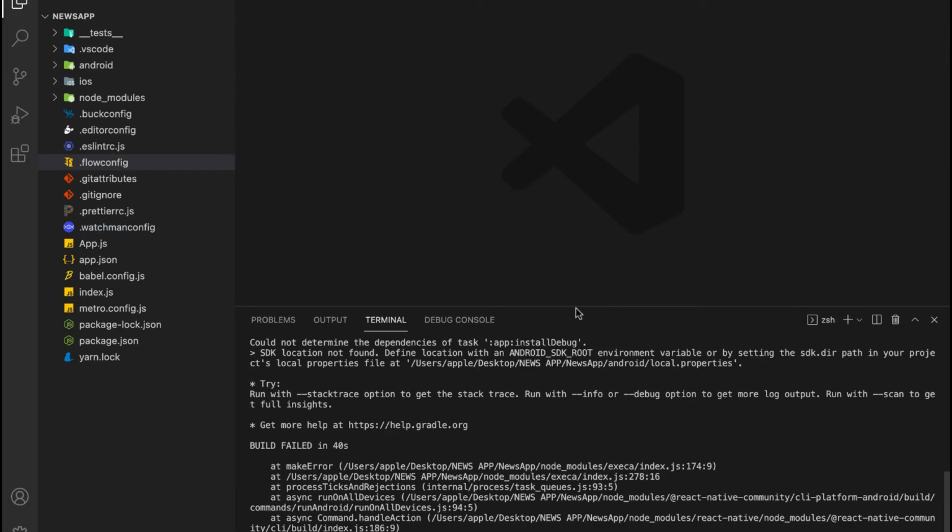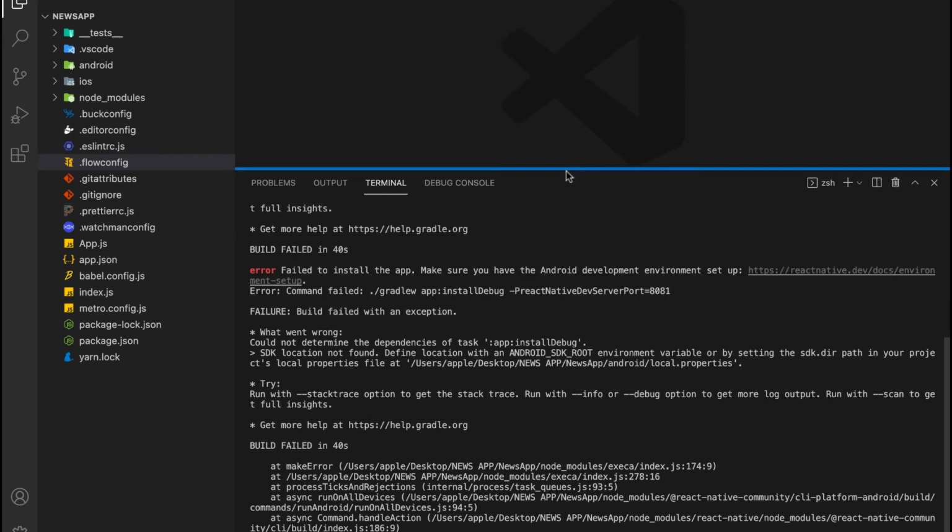You can see that I got an error after running the project. Here the error is SDK location not found. Define location with an SDK root. This means that if you have perfectly set up the Android SDK root, then there will be no issue. In my system it may not be perfectly set up.